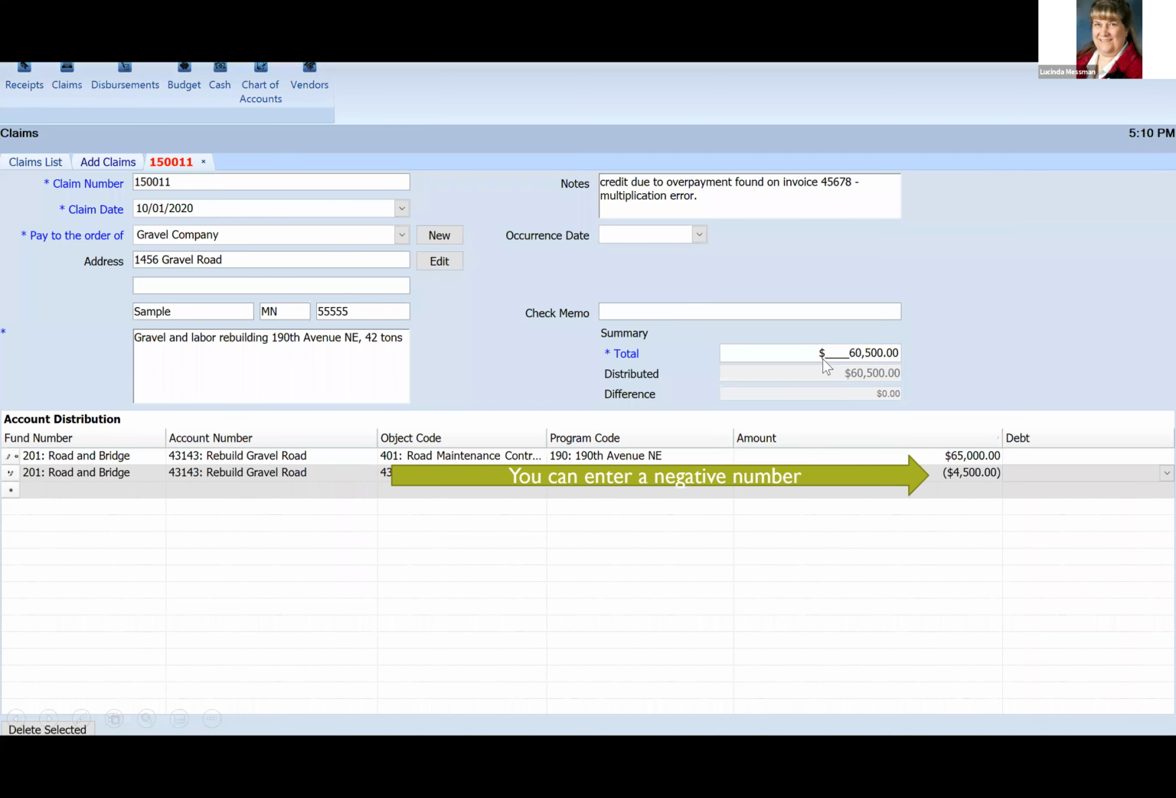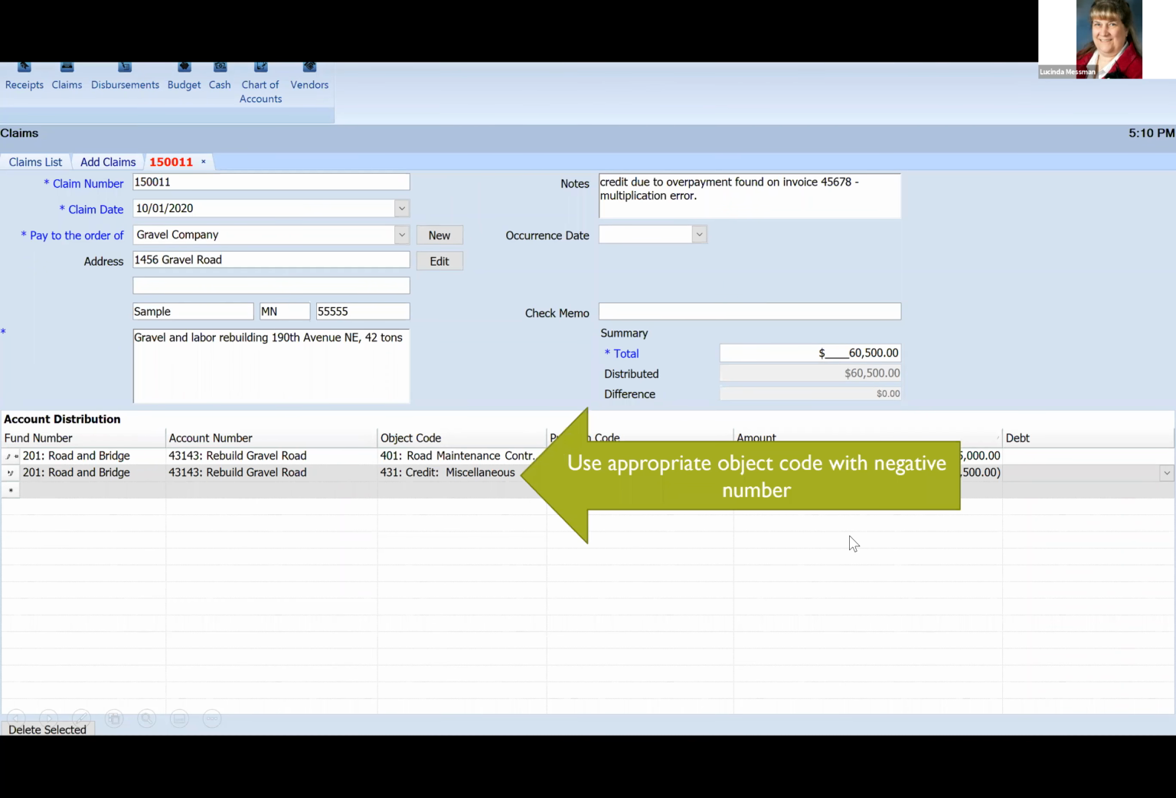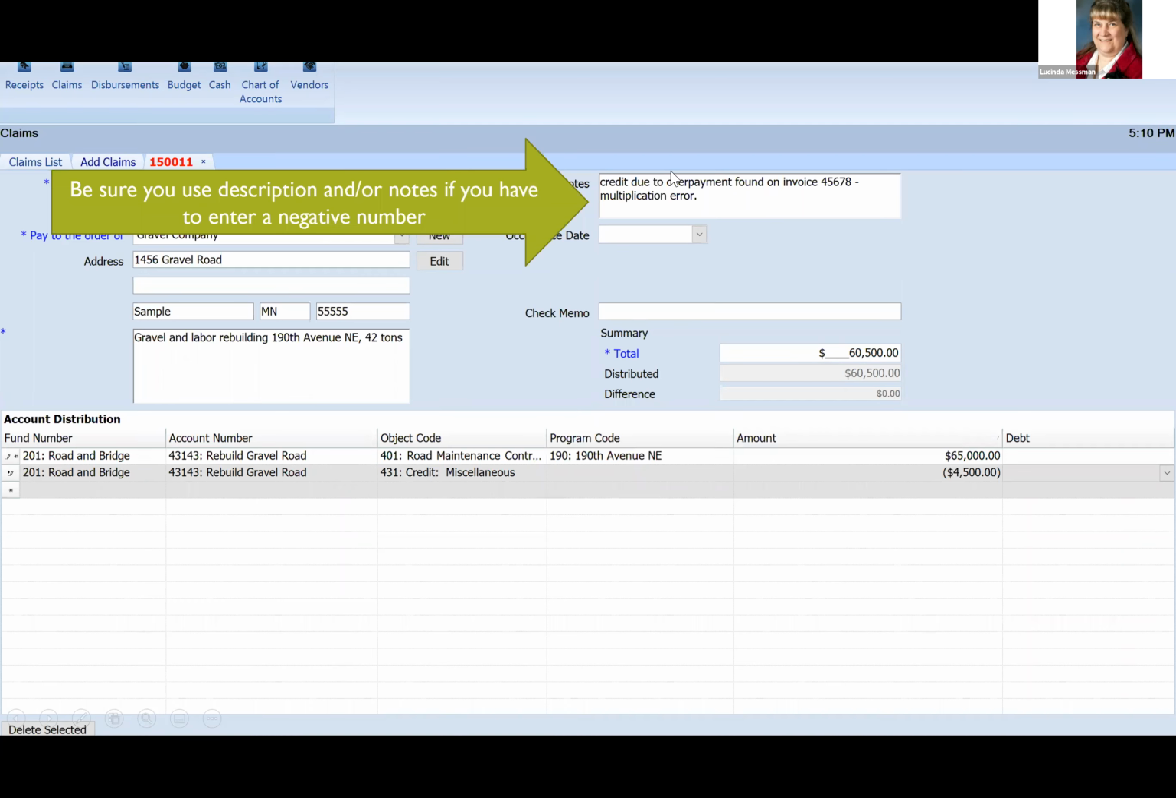So in this case, I've got, I'll be right back to where I was. I put this note up here in the notes section. We had found an overpayment on a prior invoice. There'd been a multiplication error, so the company issued us a credit. Well, the gravel and everything for this 190th was actually $65,000. I would like that to show in my accounting as a cost of $65,000, but I want to take this credit. So what we do is we enter a negative number in here. So the total we're paying the company is $60,500, even though the invoice was for $65,000 and they had a